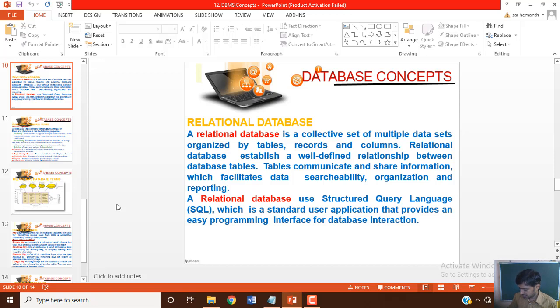Now, we will see some of the terminologies related to database management system.